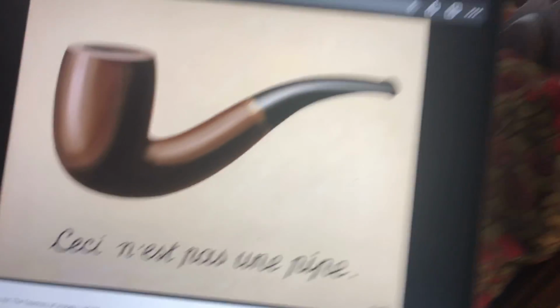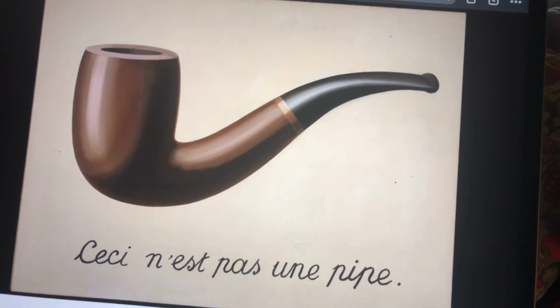But a huge amount of human education is based on this thing where we show you a picture and then we tell you what it is, and your brain gets designed to forget that the picture of the thing is not the thing. So I guess the point that I would want to make about this painting, which is a painting of a pipe that says this is not a pipe, is that when you watch a movie, usually you lose track of time.